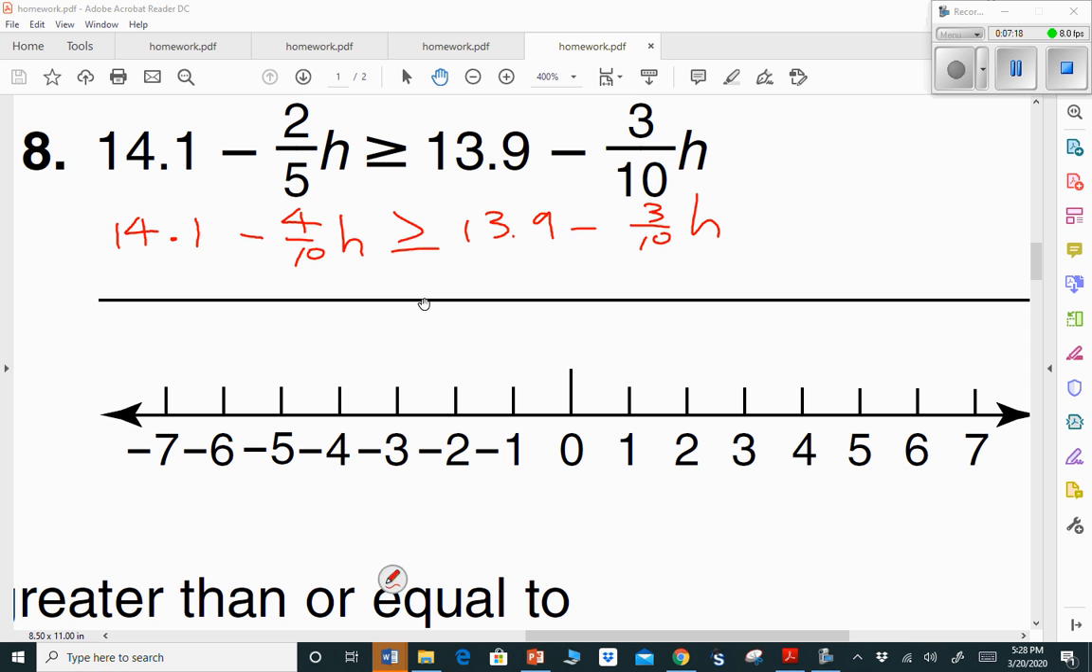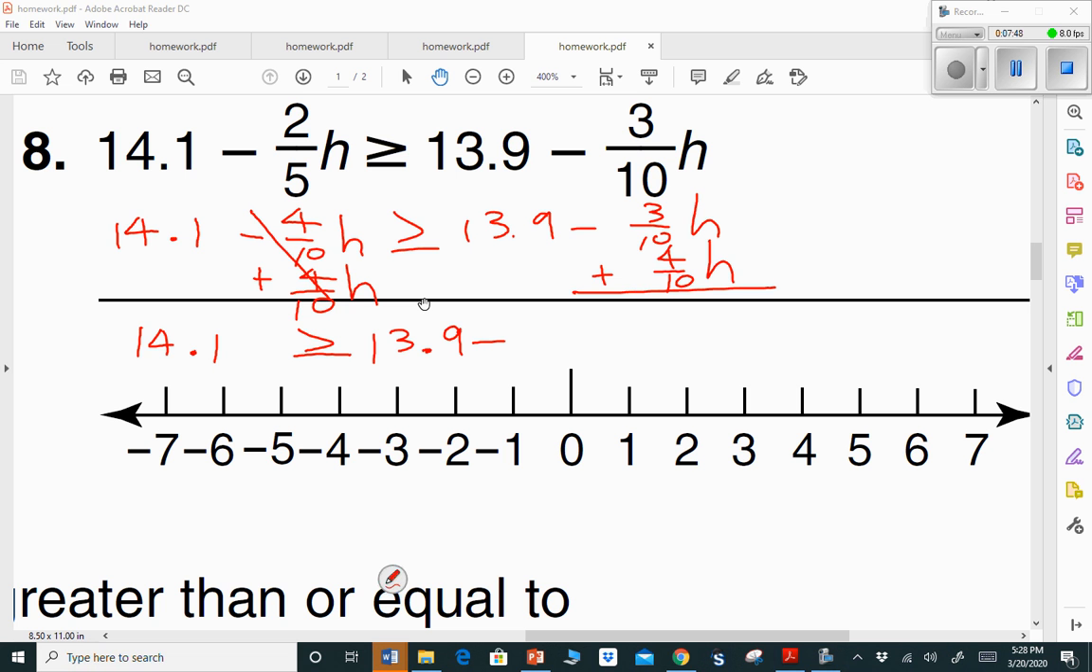I think I'd like to add 4/10 h because I would prefer to not deal with the negatives. I'd prefer just to have my variable on the wrong side, and I can fix that at the end. So we're going to add 4/10 to both sides. So we're going to copy the 14.1. This goes away. Is greater than or equal to 13.9